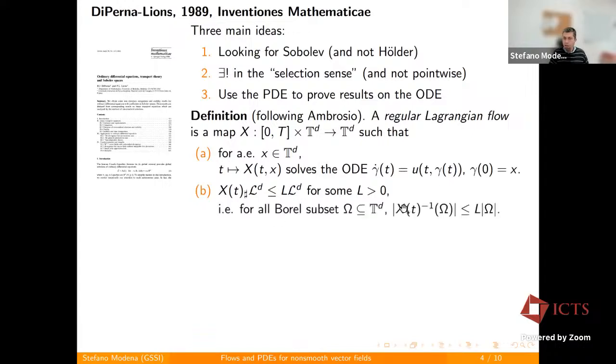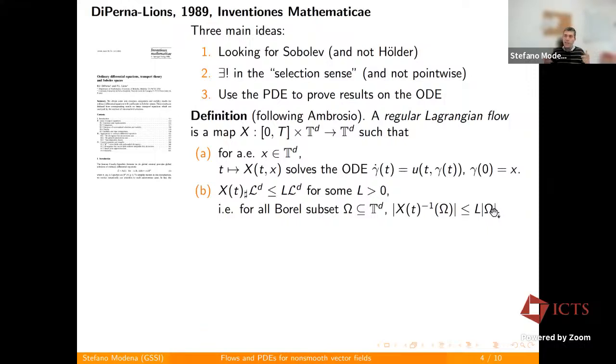It is equivalent to say that for all Borel subsets of the torus, you take your Borel subset, you take the pre-image through the flow map. So you look at all particles that are sent by this flow map into omega. You trace them back at time 0. And the requirement is that the measure of the initial set must be less or equal than L times the